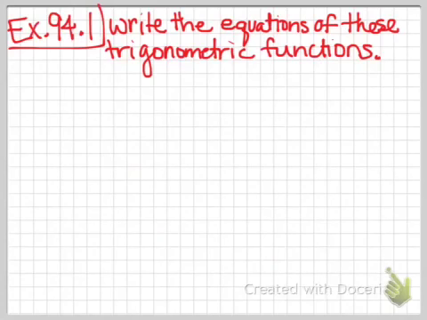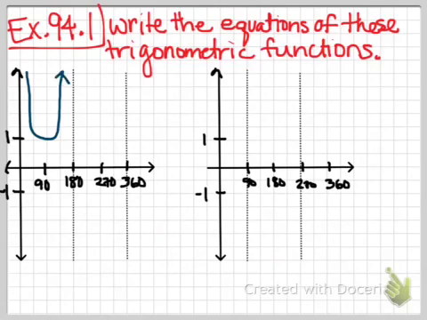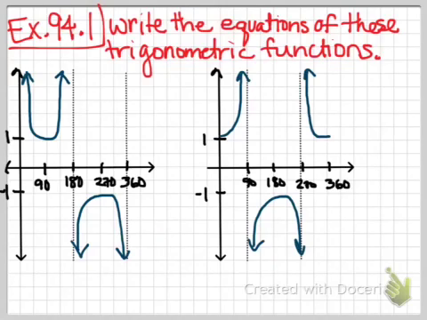Okay, so we just kind of jump right into this one. Write the equations of these trigonometric functions. So they're going to give you a couple of graphs, and your job is to write the equations of these functions. So these are trig functions, and we can see that they have asymptotes, and they're kind of broken up. And when you see graphs that look like this, a trigger should go off in your head that these